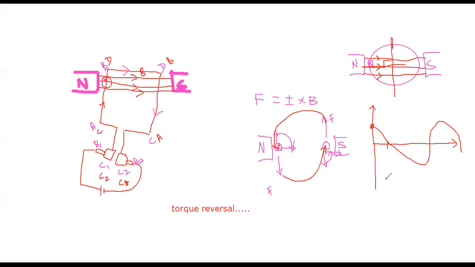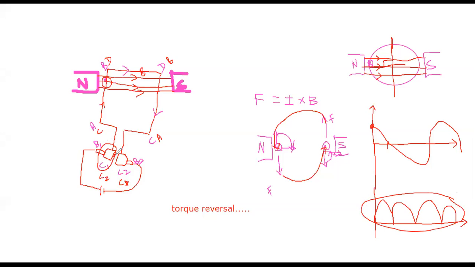Since it is a DC generator, we want to get only the positive cycle, right? This type of reversing the direction of current is achieved by this commutator. So that's what I told at the beginning of the section. The commutator segment is a very important concept for the DC generator, right?